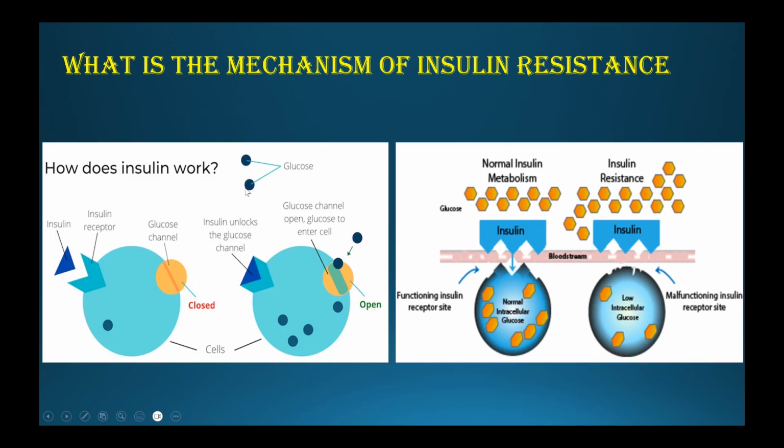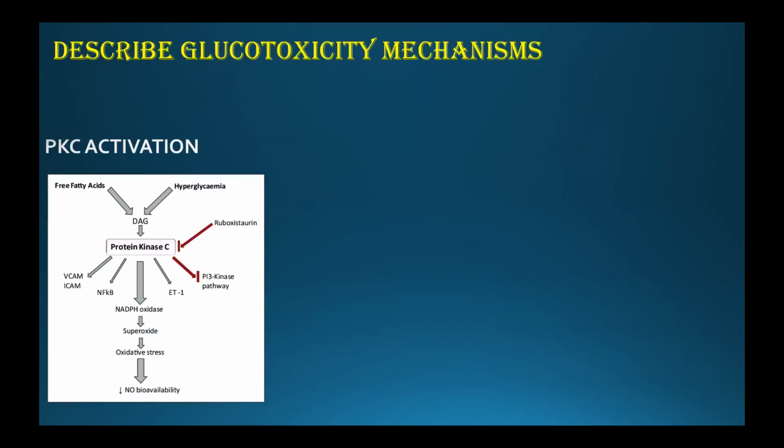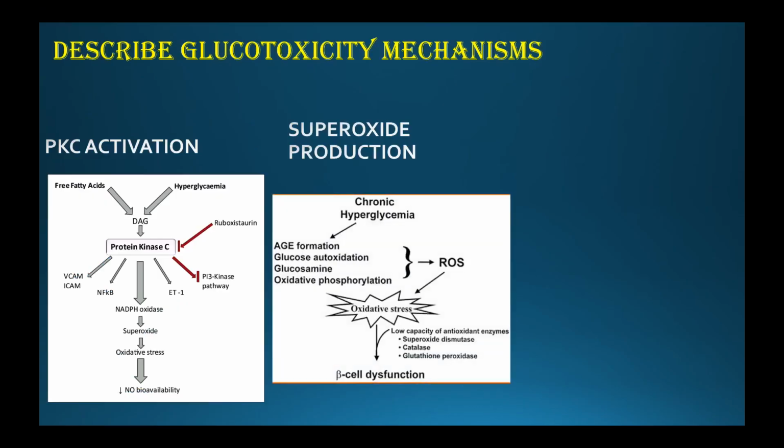We have seen already. Advanced glycation end products is the name you have to remember for how it is causing all the problems. And the other mechanism manifests as what is called protein kinase activation, which again leads to superoxide and oxidase, decreased availability of